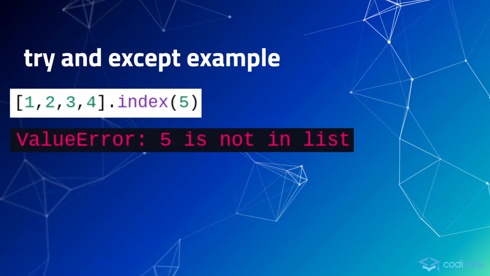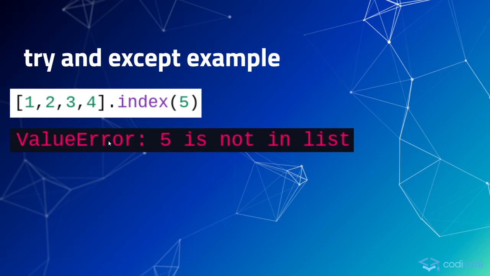Alright, let's take a look at another example. One case that we would use a try and except is if a method gives us an error. We looked at list methods a couple weeks ago, one of these being the index method. So the index method would give us an error if the item we're trying to find is not in the list. For example, here we have a list 1, 2, 3, 4, and we're trying to find the index of 5. Clearly there's no 5 in this list, so if you were to run this code, there would be a